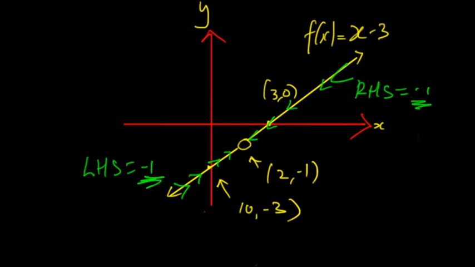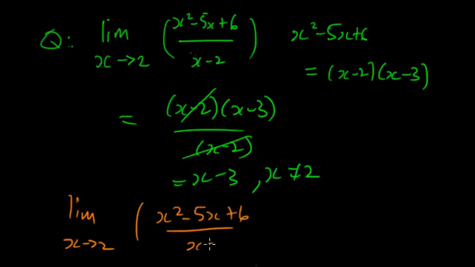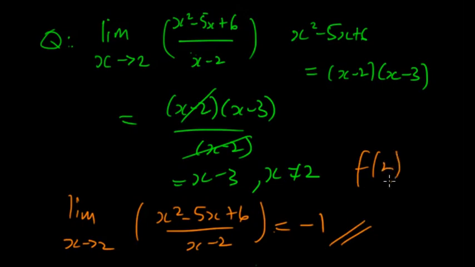So we can say, going back to this, that the limit of x going to 2 of x squared minus 5x plus 6 over x minus 2 is equal to negative 1. Even though f(2) is not defined, the limit is still defined,